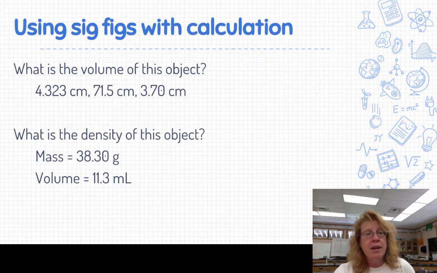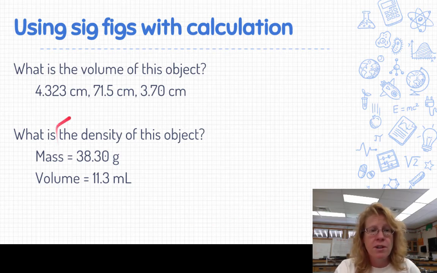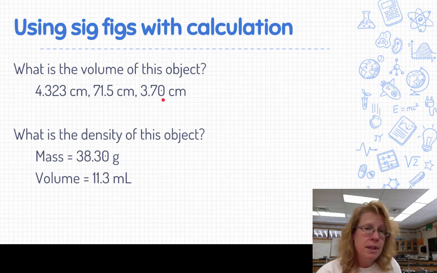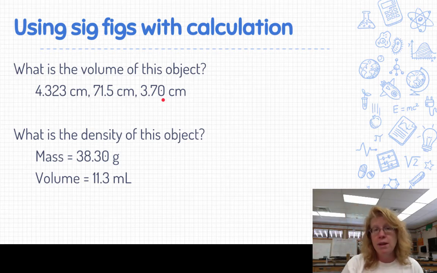So here's a couple of calculation problems for you. Again, remember the rule is that your final answer has to be rounded to the least number of sig figs that are shown in the measurement. So in this particular one, we're talking about the volume of this object. Remember, volume is length times width times height. This number has 4 sig figs. This number has 3 sig figs. And then the last one has 3 sig figs as well. There's a decimal place, so that 0 counts. So that means when you calculate this volume, your answer can only be rounded to 3 sig figs, and you